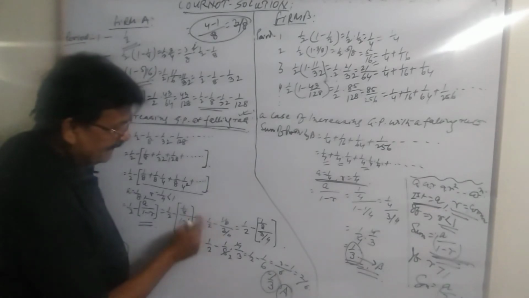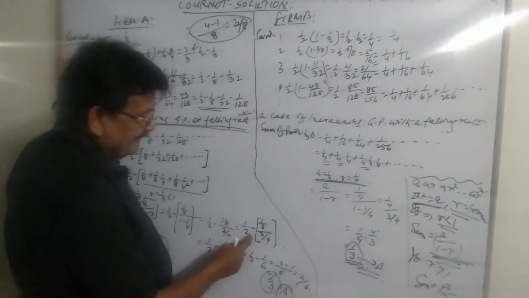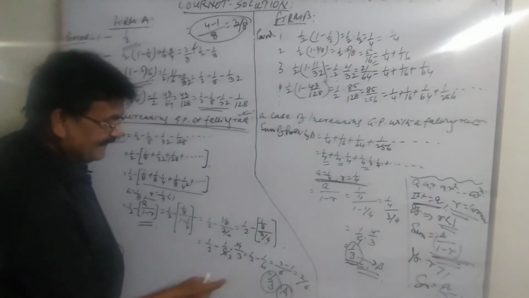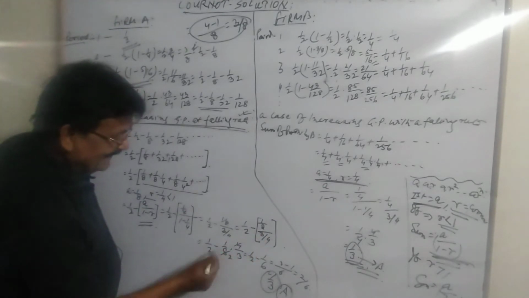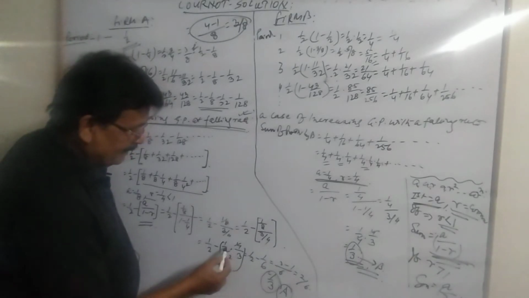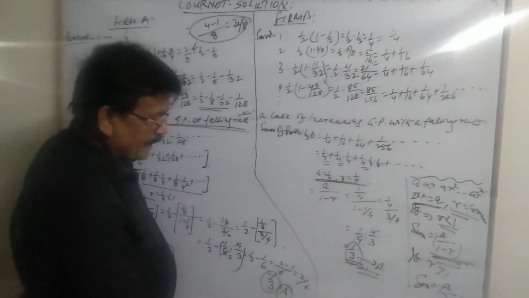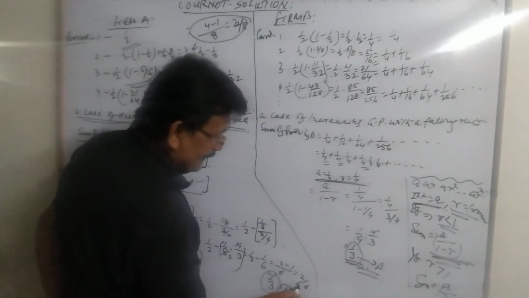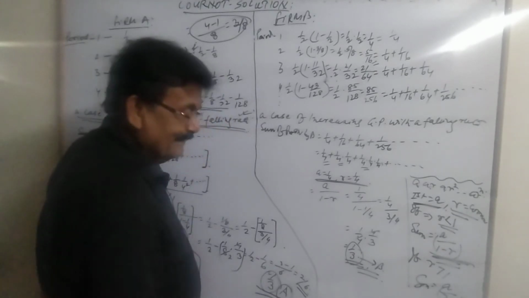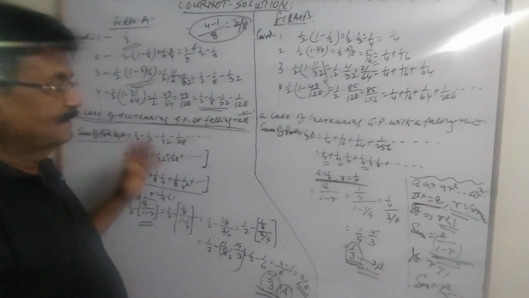Now it is half minus 1 by 8, and here it is 3 by 4. Now 3 by 4 is just taken as numerator. So half minus 1 by 8 into 4 by 3. So 1 by 8 into 4 by 3 becomes half minus 1 by 6. And then we take an LCM and we get 2 by 6. And this is the solution of firm A, and this is the stable equilibrium obtained by firm A. This is how we get the solution for firm A.